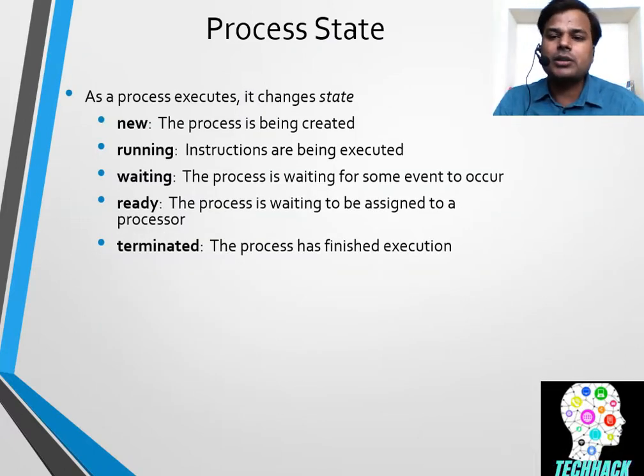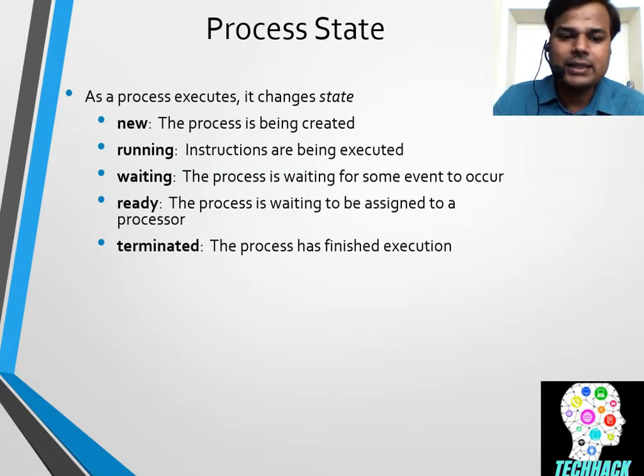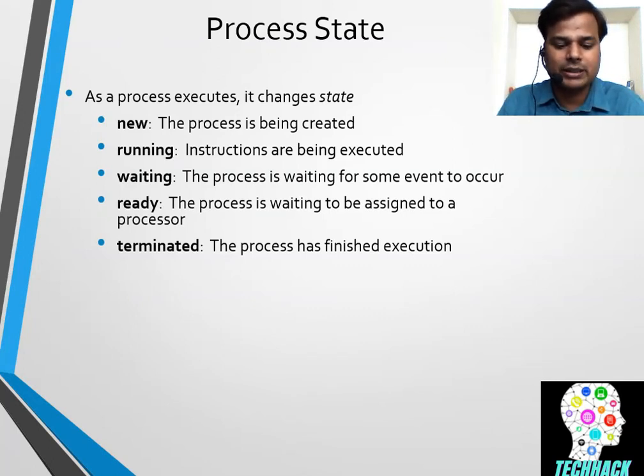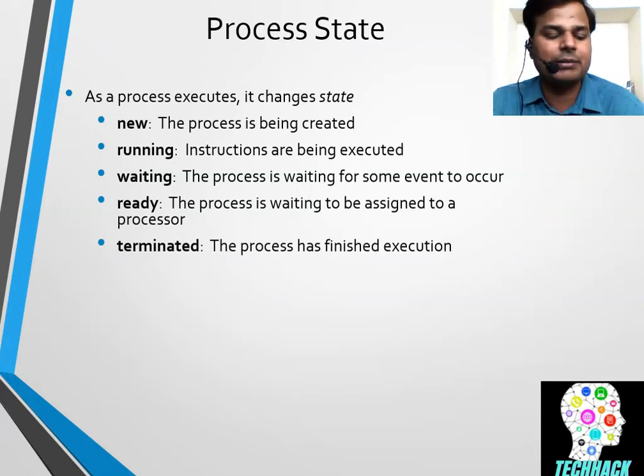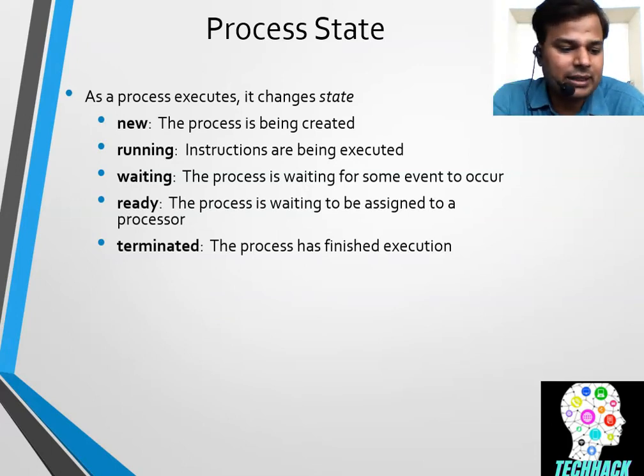When we talk about the process state diagram, it is the diagram which tells us how the processes will work. Whenever a process executes, it changes its state. State is the current activity of that process. Each process is independent with its program counter and internal state, but many times it needs to interact with other processes as well. Each process might be in any of the following states: new state, running state, waiting state, ready state, and terminated state.